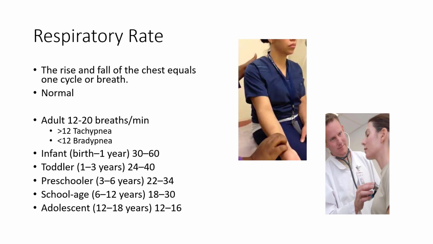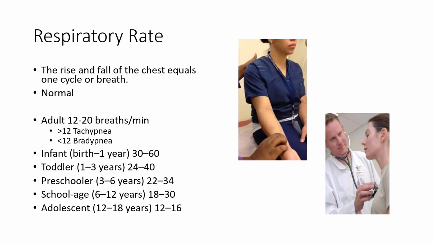So, respiratory rate. The way we assess respiratory rate is looking at the rise and fall of the chest. So a full rise and fall of the chest equals 1 cycle, right? When we're assessing respiratory rate, for both rise and fall, that counts as 1. The normal guidelines are going to be different depending on your age. For an adult, normal respiratory rate, or you might see this referred to as ventilatory rate, because again, respiration and ventilation are a little bit different,